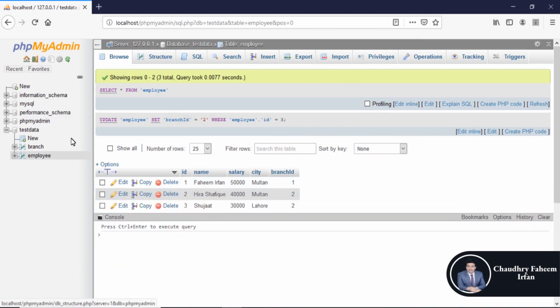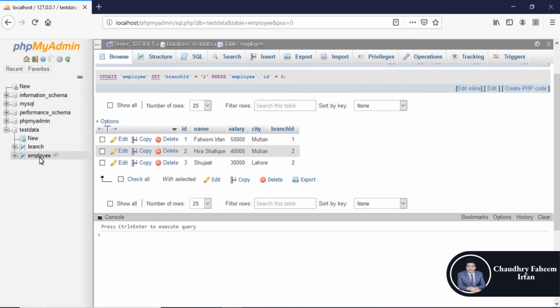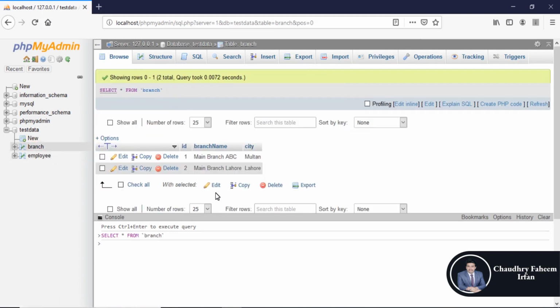We are going to select employees from the branch where the branch is equal to Multan. So by using inner join we can perform this task.